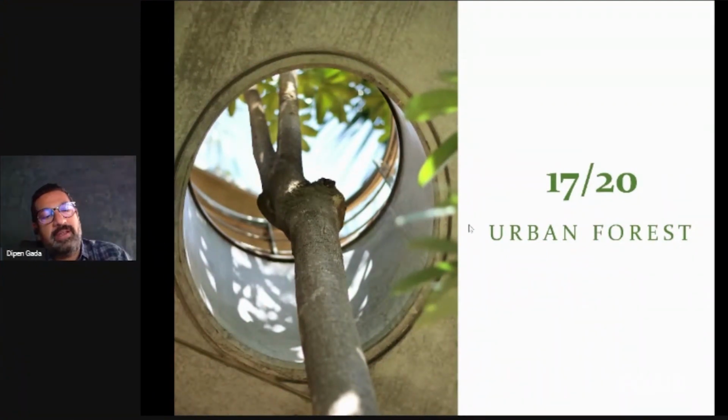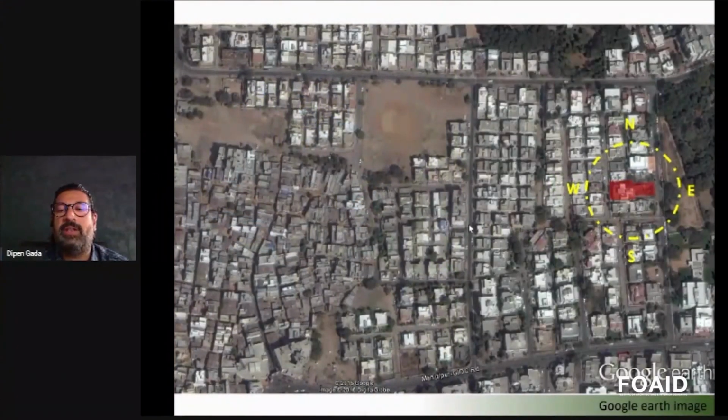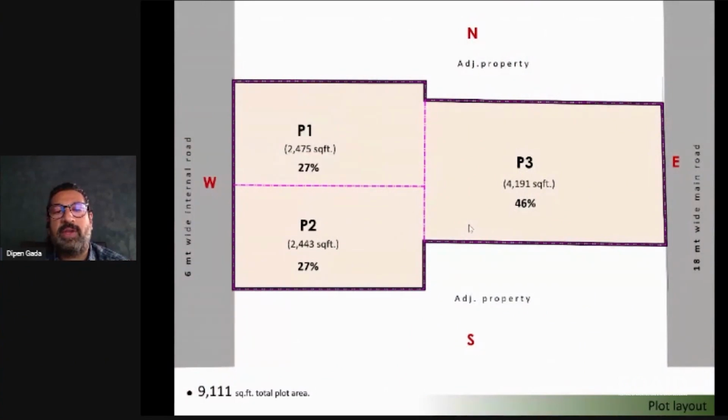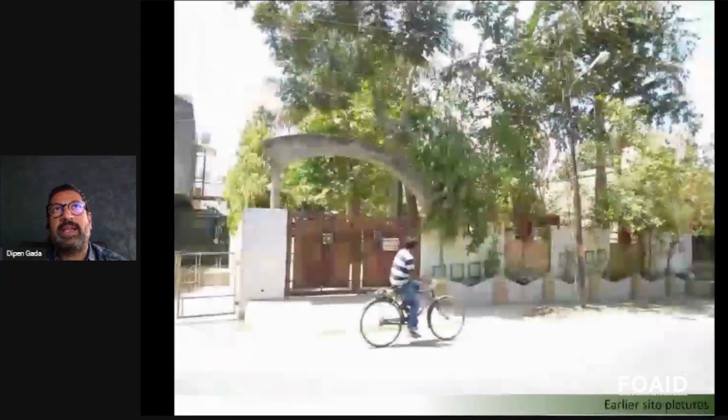This is one very, very dear project to us, which we are calling 17/20 Urban Forest. The reason is that it is within the very dense fabric of the urban population in the city area of Vadodara. The plot size is about 9,000 square feet, a T-shaped plot comprising three plots. When we visited the site, there were 20 grown trees at crucial locations, and that is the challenge we took. So when we visited the site first,